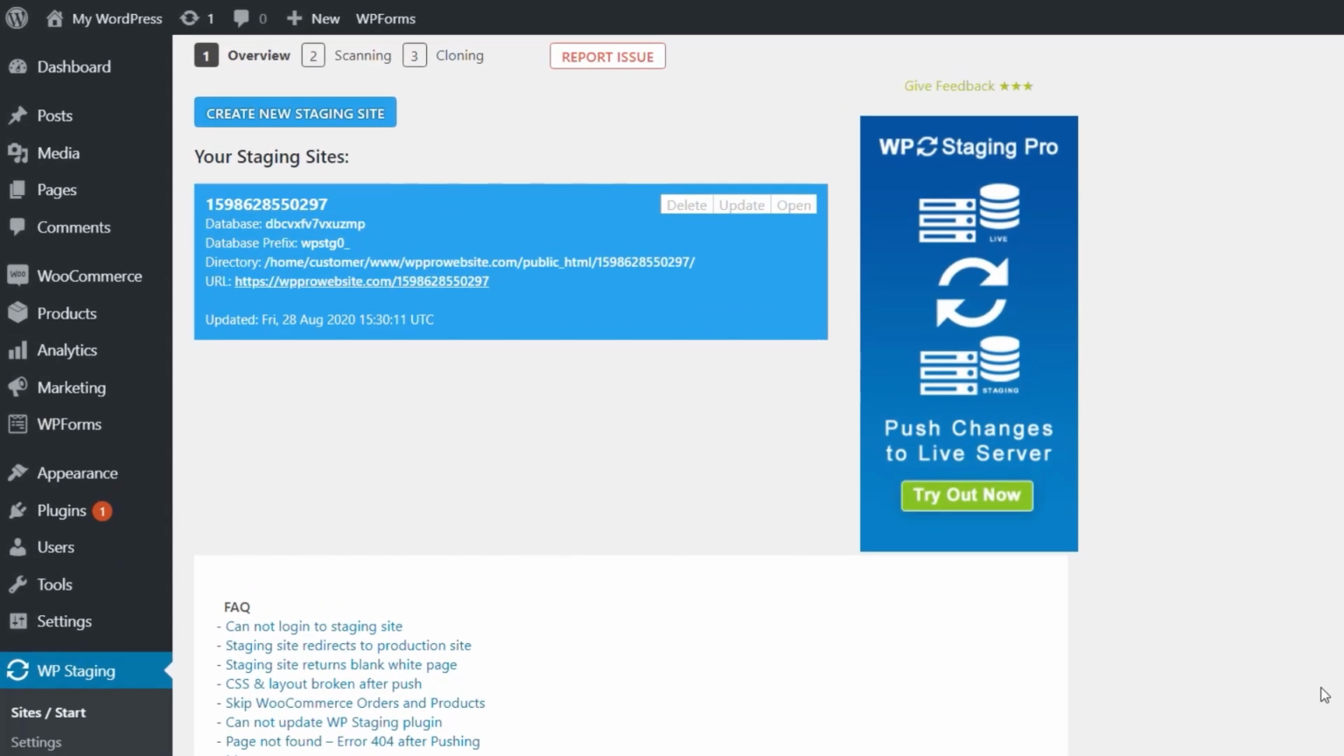Okay, and there we go. Everything has now been completed. You can see we've got information about the staging site, the name it's been given, the database details, and so on. So this has created an identical duplicate of every part of our site, moved it into its own dedicated subfolder,